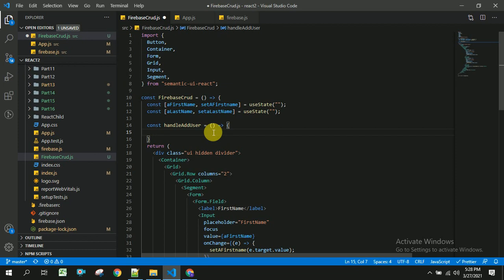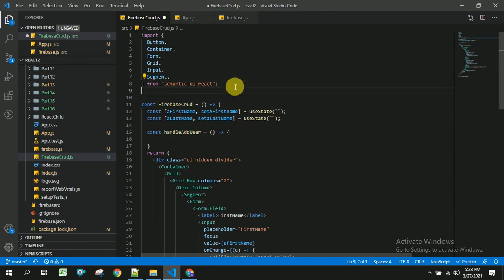Once the user clicks, we will be able to send this data to Firebase. So for this, first we have to import Firebase from our Firebase file that we have created.